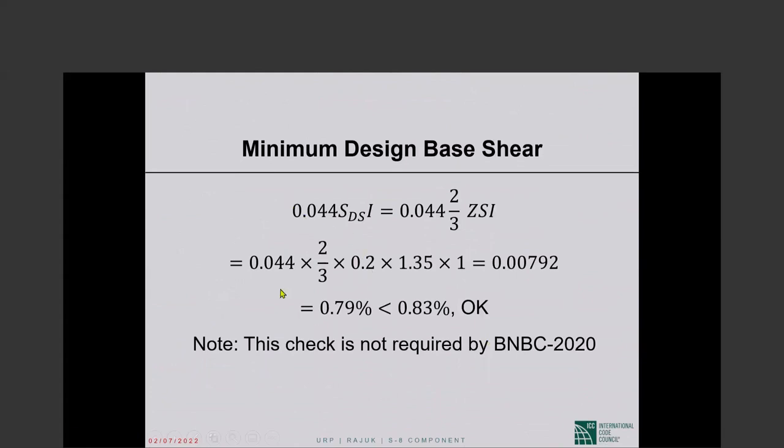Now the minimum check is not necessary, but we did that. The minimum, remember, in ASCE 7, is 0.44 S sub DS times I. And when BNBC referenced ASCE 7-02, it said you shall keep this minimum. So that applies to BNBC as well. 0.44 S sub DS times I, that is 0.44